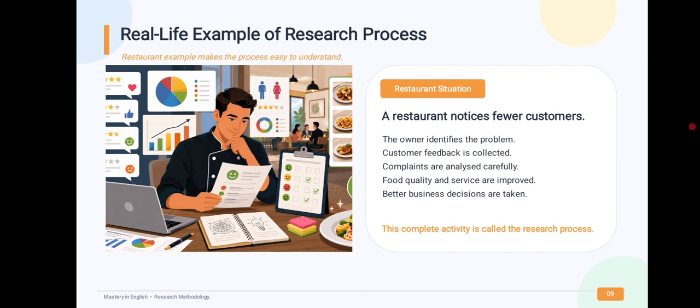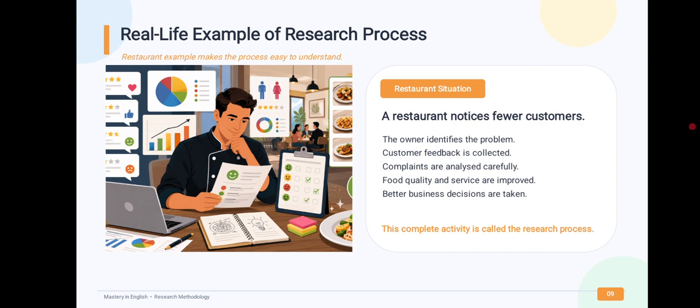Now let us understand the complete research process with a real life example. Suppose a restaurant notices fewer customers. The owner becomes worried and wants to know why customers are not visiting the restaurant. So the owner follows the research process. First step they need to follow: